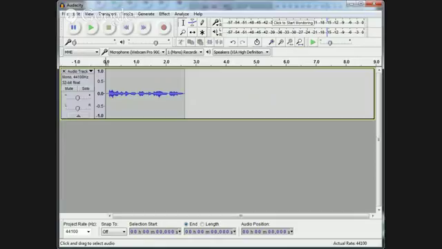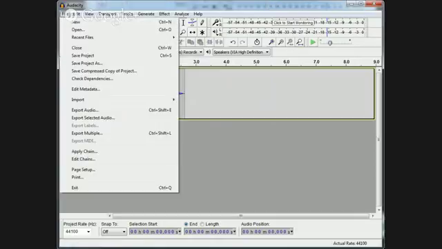Okay, so then you go to File, and you don't have to save it, you can just export it. So you export the audio into an MP3 file, and I'll show you,